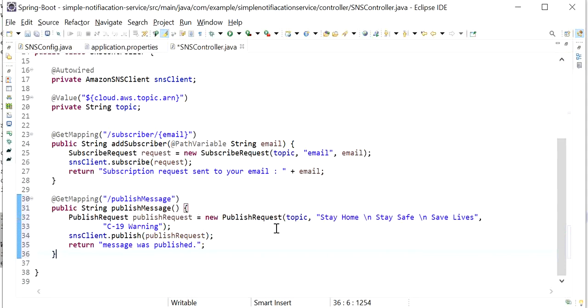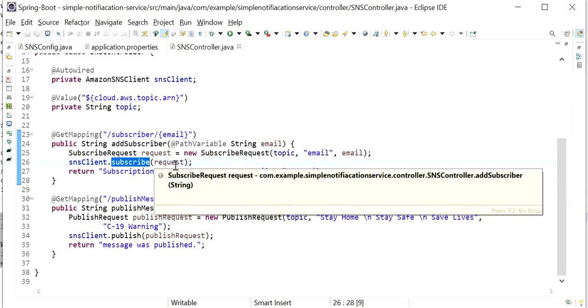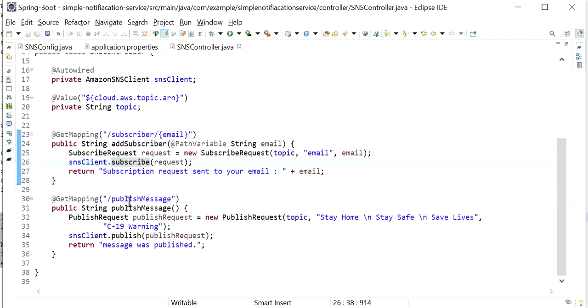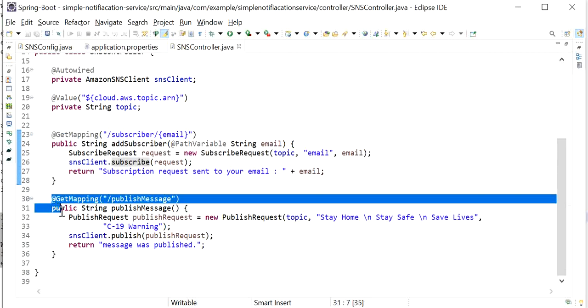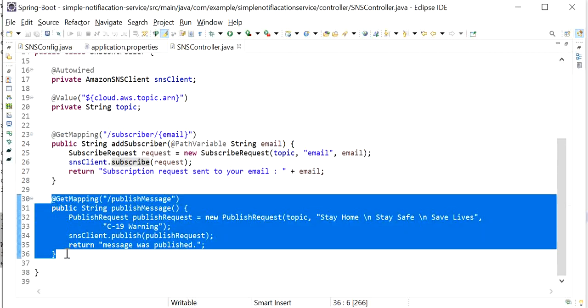We are going to publish this message, and this message will go to the subscriber. Here we have used the SNS client publish function, and here we use the SNS client subscribe function. So here we have created two endpoints. Now I will run this application, and we will add the subscriber through the endpoint, and we will also publish the message by using this endpoint.